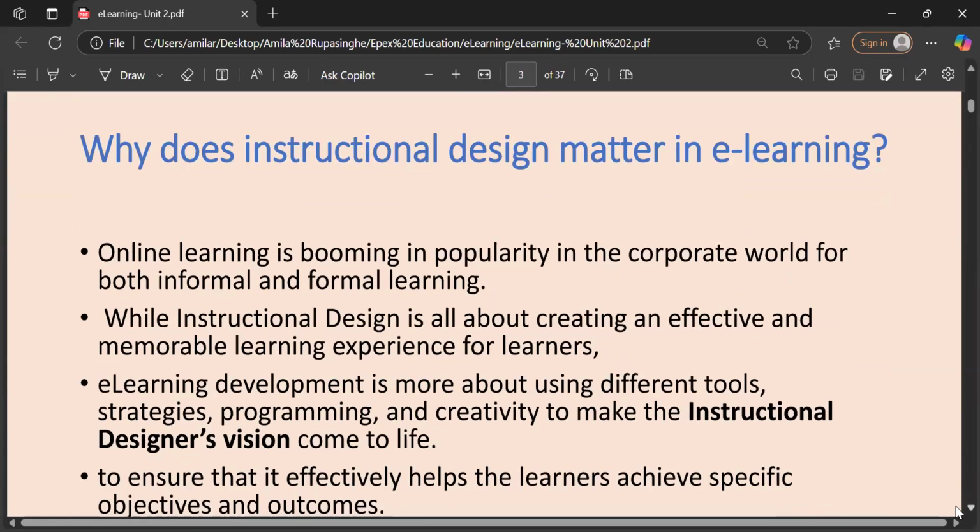Generally, I told you what instructional design is. Instructional design means that you make a systematic plan for your teaching process. It is based on your teaching methodology, the learning experience you expect to give to your children, and the resources you have. Everything is included in that instructional design.